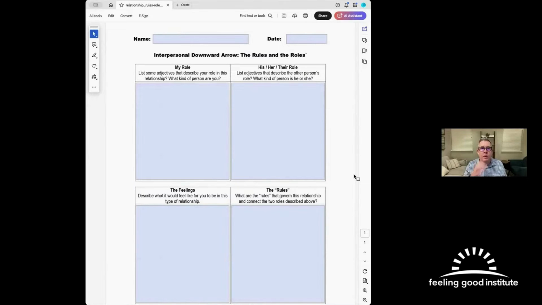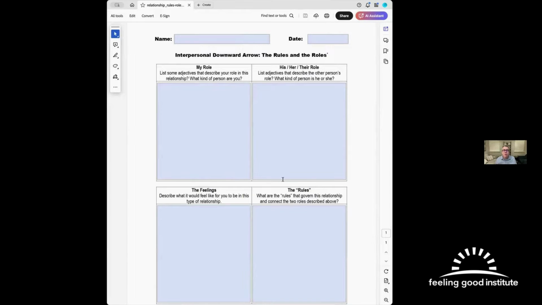Yeah, sounds interesting. Okay. Well, I'm going to share my screen with you, Javier, and we're going to look at a special form that we use for doing this. I sent you a copy of this so that you can use it on your computer and fill this out too. You'll see that there are four quadrants on this page, and we're going to start up here in this upper right-hand quadrant. We're going to take a look at the role that your wife plays in the problem that you were describing to me in your relationship. I'm going to ask you to list some adjectives that describe her role. Like, what kind of person is she?